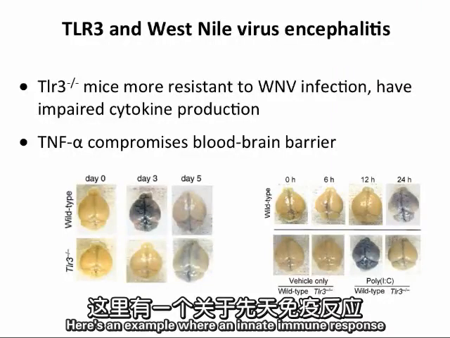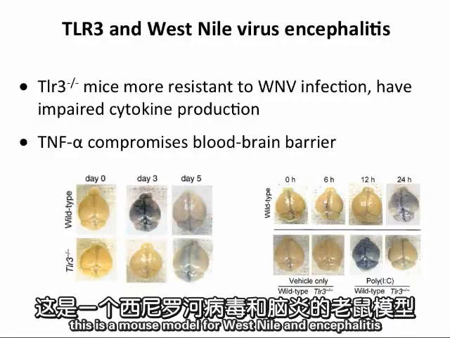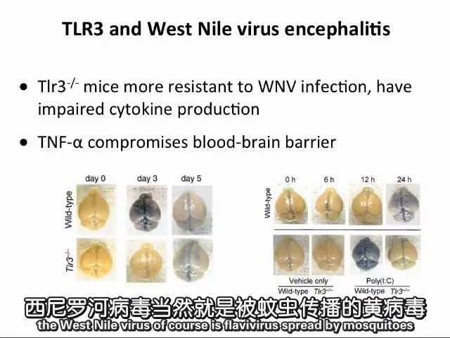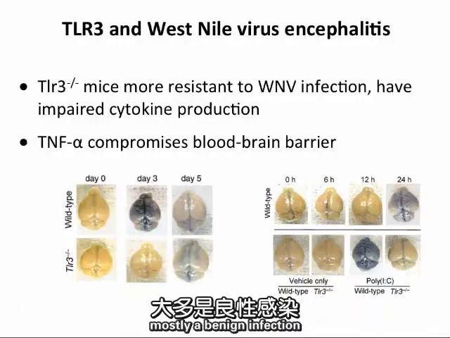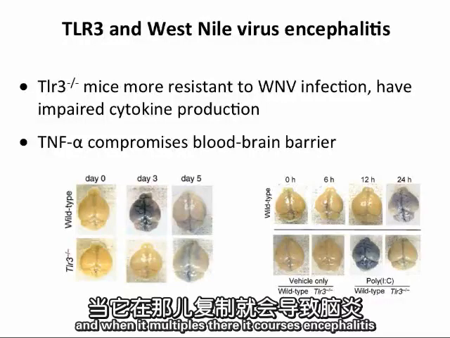Here's an example where an innate immune response is responsible for more serious disease. This is a mouse model for West Nile encephalitis. So West Nile, of course, is a flavivirus spread by mosquitoes. Mostly a benign infection, but at a low rate it can get into your brain, and when it multiplies there,